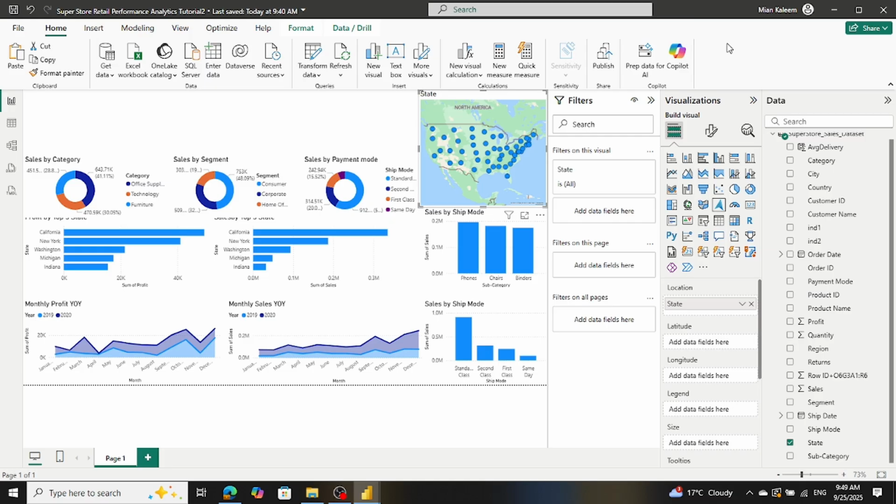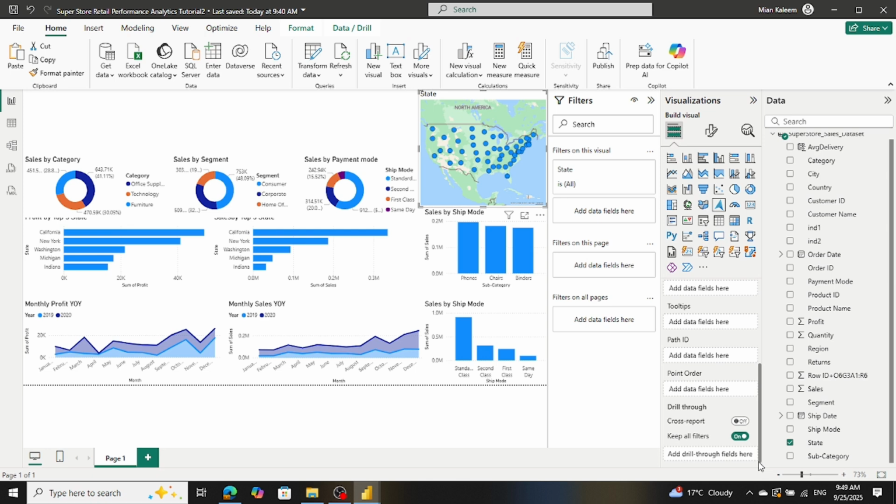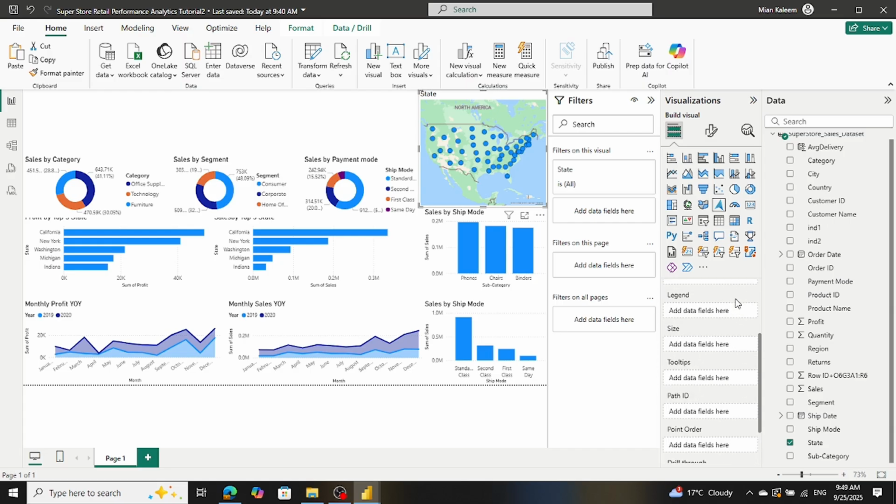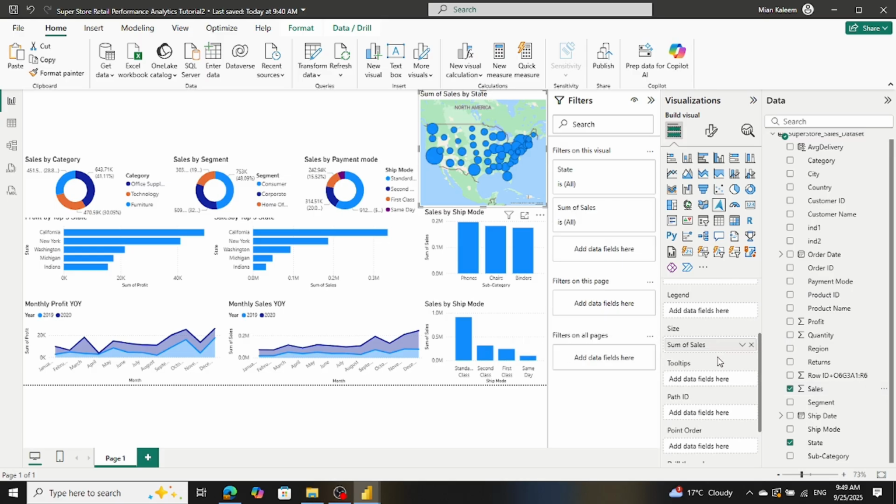And we will use the sales, and then we will use the profit in the tooltip, because when we use our mouse over there, it will show us what the sales and what the profit was. So here is the tooltip,